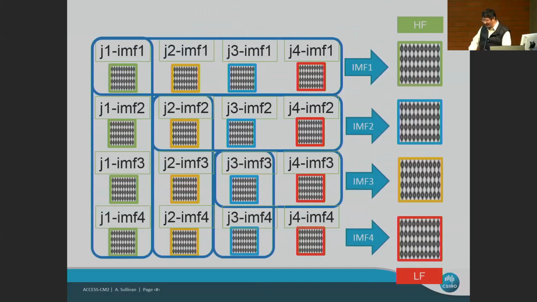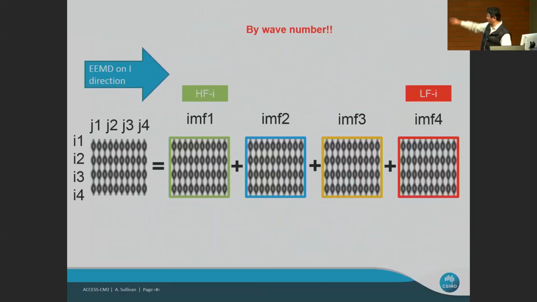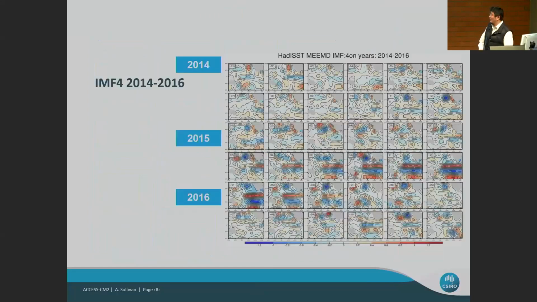So previously we had that 16 grids, and then we decomposed it into those 4 grids, and we have pure vertical, horizontal, all with the same frequency, and put them together, and that's how I get the SST stuff. So we apply that in each month from 2014 to 2016, from January to December, or all 36 months. And here, I only show you the IMF4 because I think it's closer to